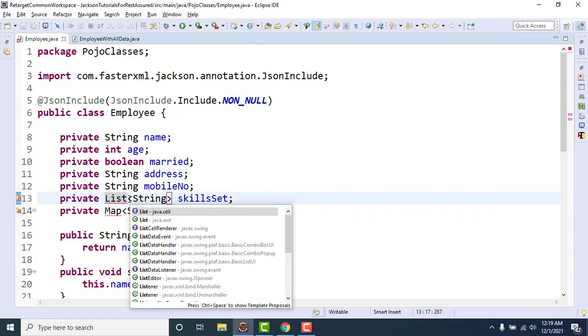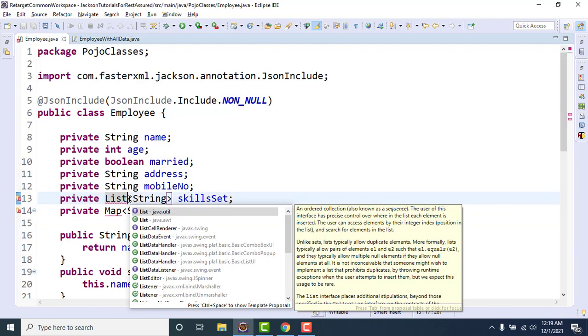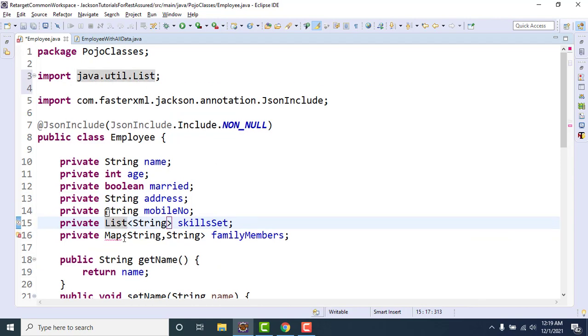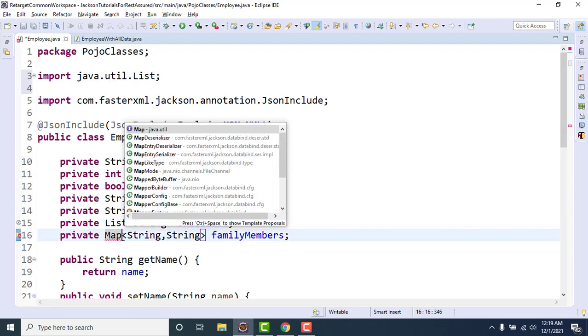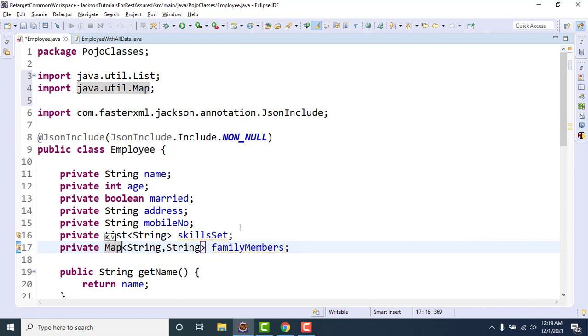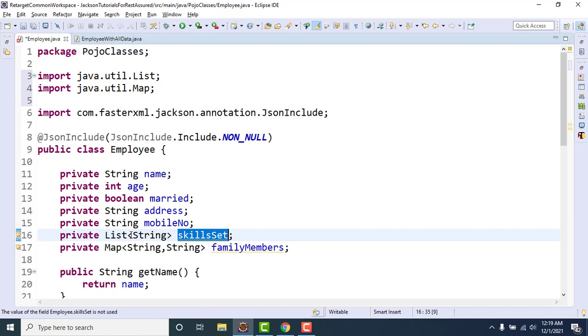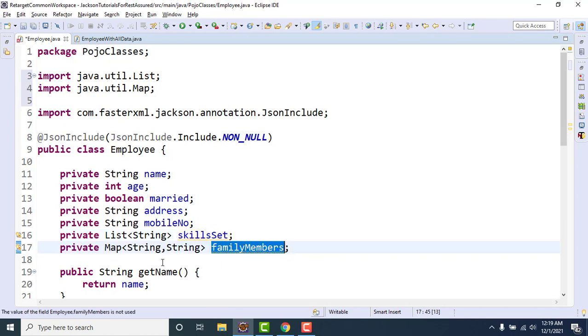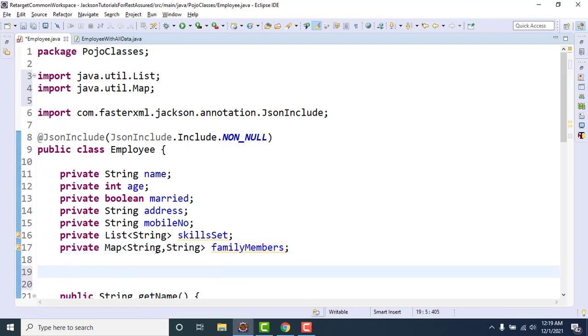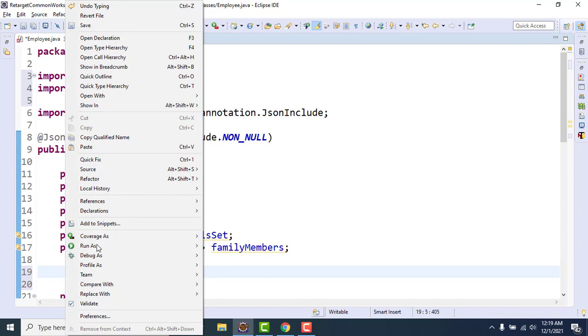So in the existing Pojo which we have seen in the last videos, I have added two extra fields. One is skill set, another is family members. The skill set is of type list of string, and for the family members we have map of string comma string.